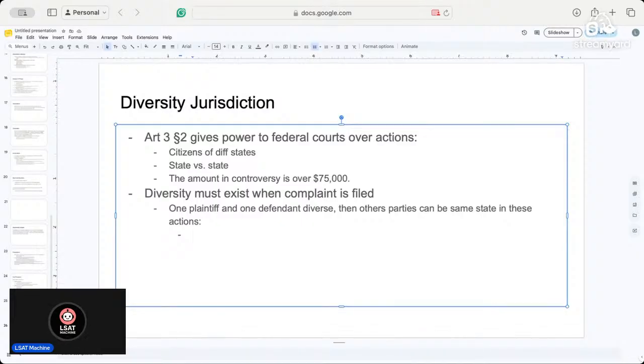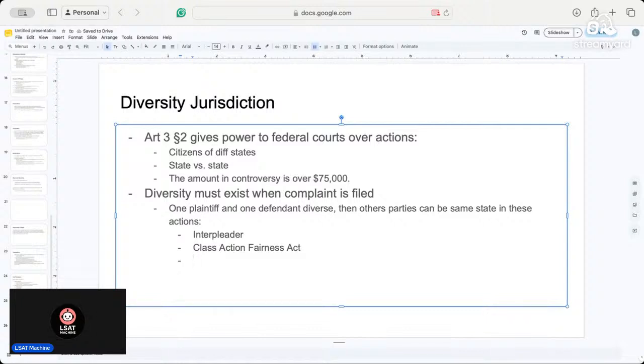But that doesn't apply all the time. It applies in three types of cases, and those are going to be interpleader, which is when you bring in another party, so you say, hey, this person needs to be brought into our lawsuit. I think that's what that means, if I remember right. Interpleader and Class Action Fairness Act, and